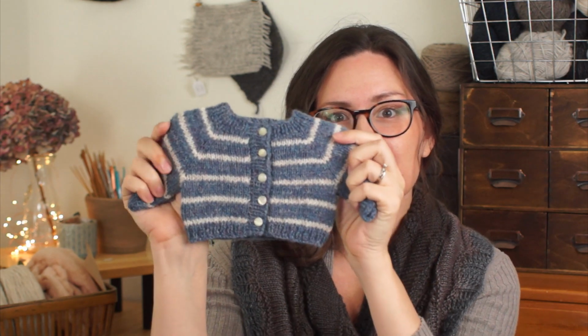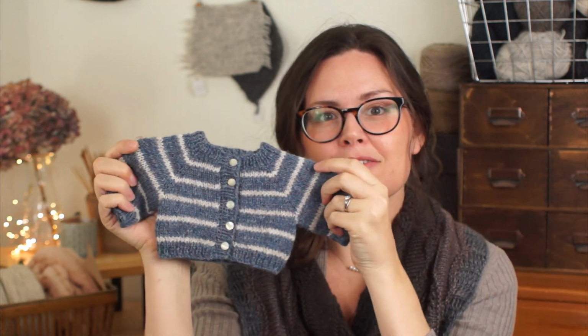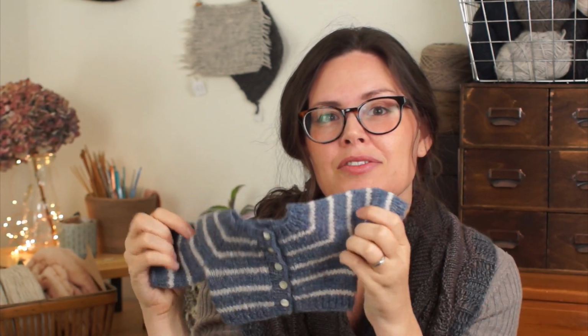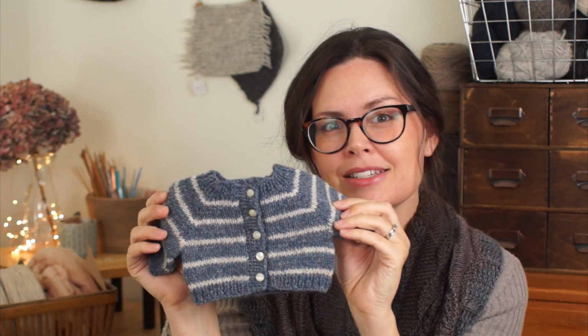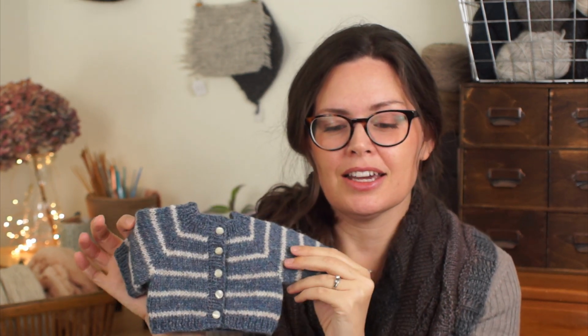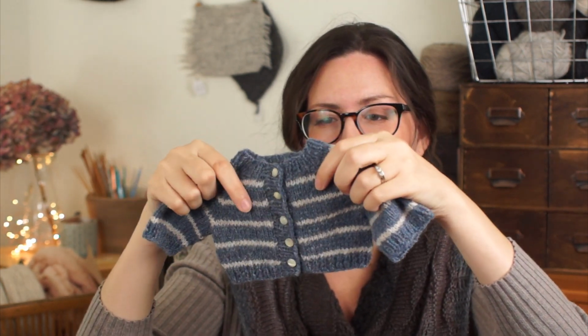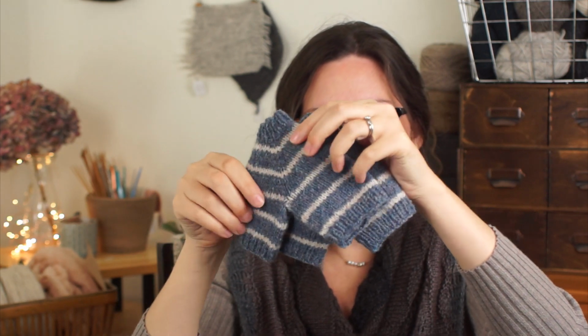Another item that I've just recently finished was this little teddy cardigan, which was part of Fran of Woolen Hearted's test knit for her little amazing mohair teddies that she makes. She drafted a pattern for her teddies, and I was very happy to be able to join in with that test knit. And I chose to use Jamieson of Shetland Spindrift, in the colors Twilight and Ivory,